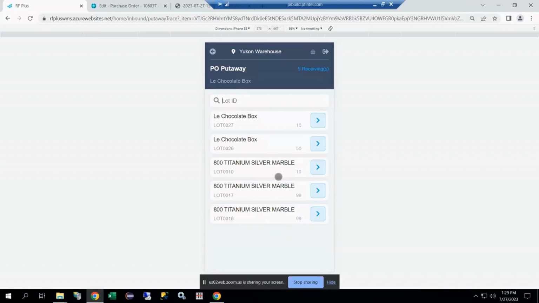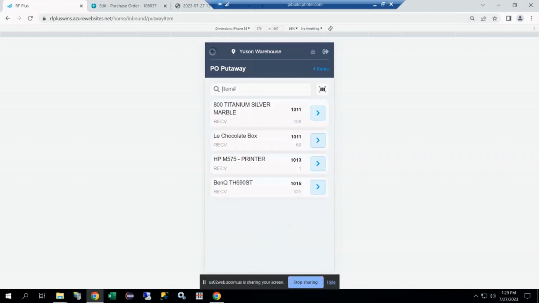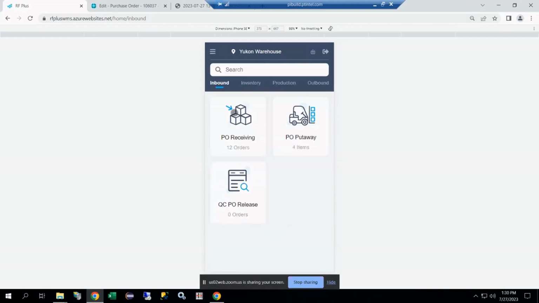So put away is just simple. If it is a lot, you can just scan the lot or serial. If it is a regular item, you can just type in the quantity that you wanted to put away. That is pretty much on the